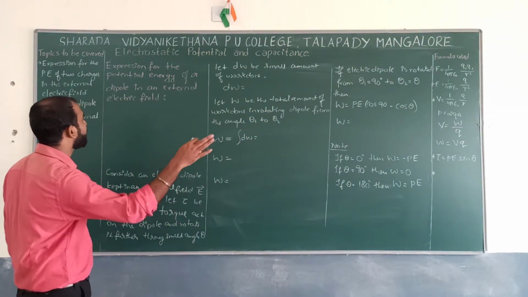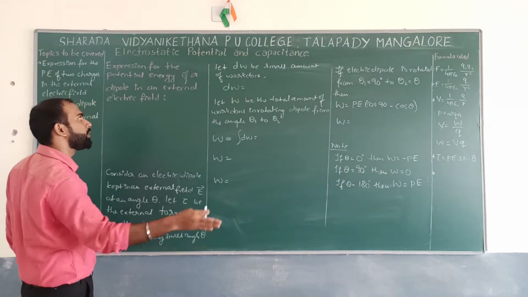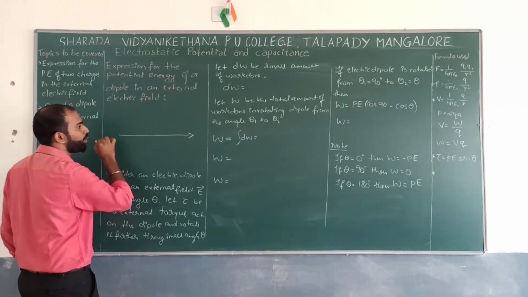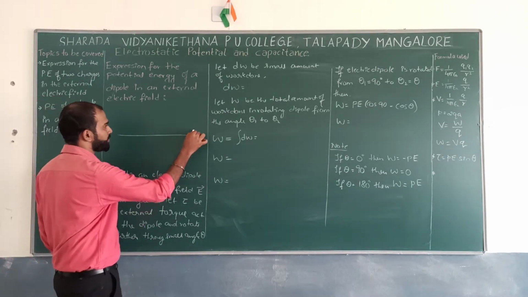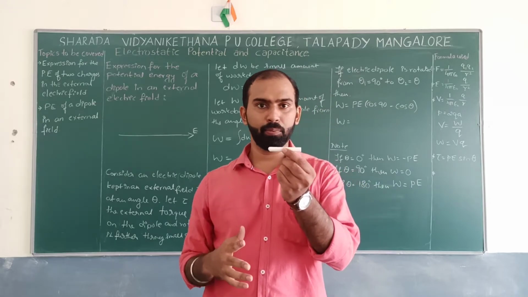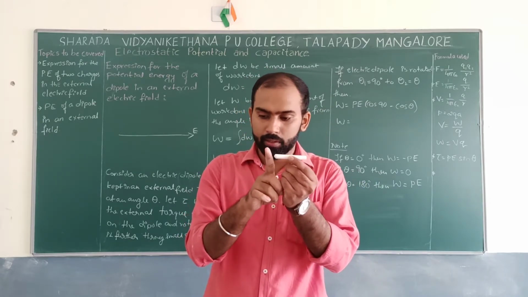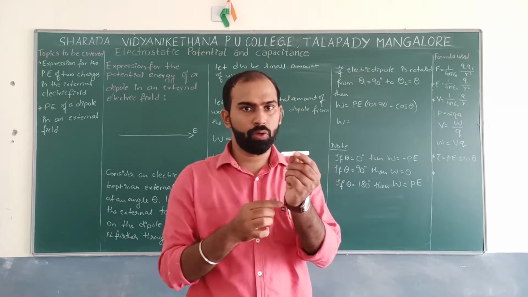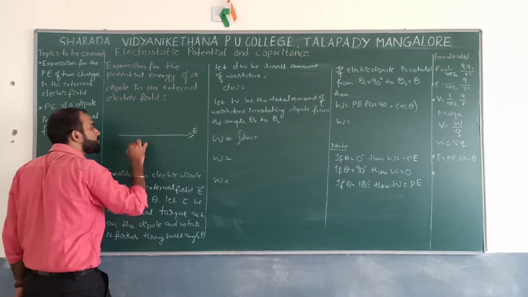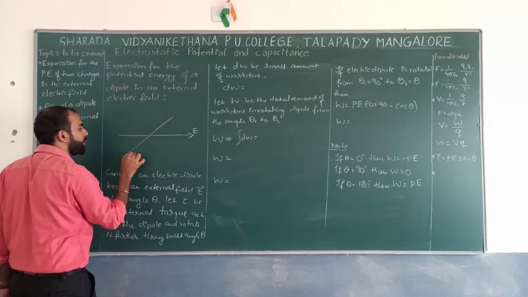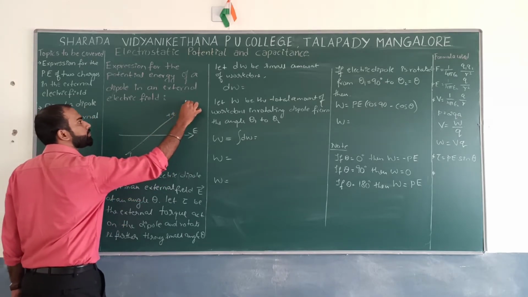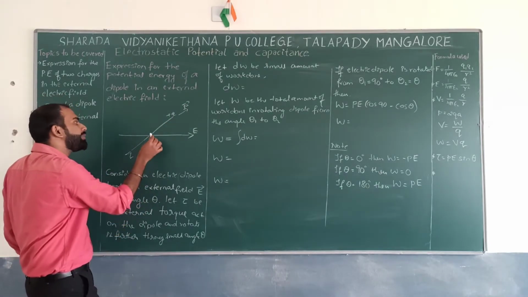Now, before we keep any dipole, we need an external electric field, which is somewhat like this. There are many external electric field lines over here. For example, if I consider this as a dipole having equal and opposite charges, this is plus and minus over here, correct? Now, I keep this dipole in such a way that this is minus q and this is plus q, and the direction of the dipole is this, minus to plus, which makes an angle theta over here.